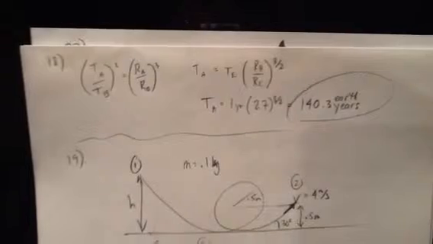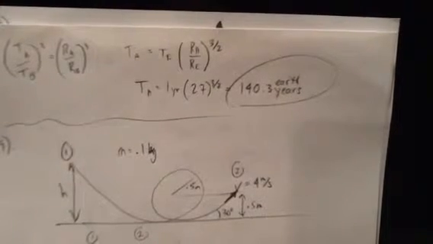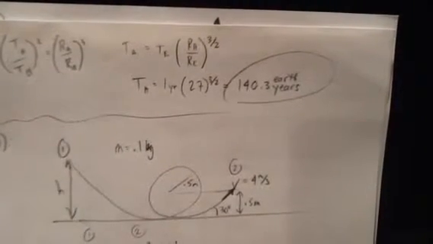Okay, 18. This is a Kepler's law problem. I'm just going to leave it there. It's pretty simple. Start with Kepler's law. TA is for the period of the asteroid, TE is for the period of the Earth. You end up with 140.3 Earth